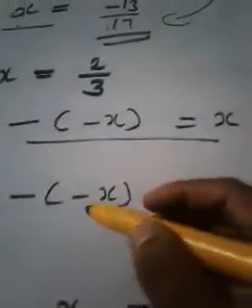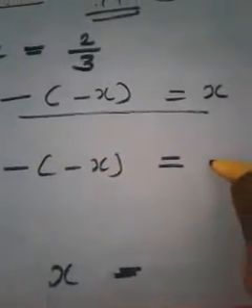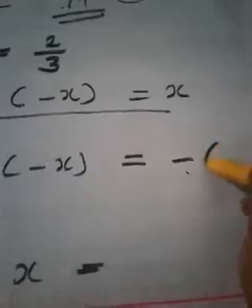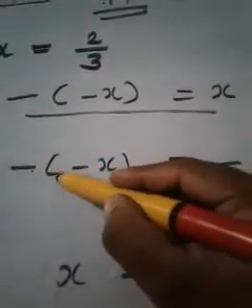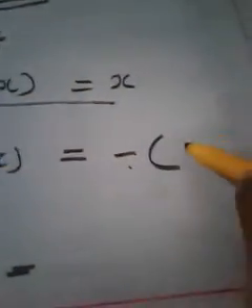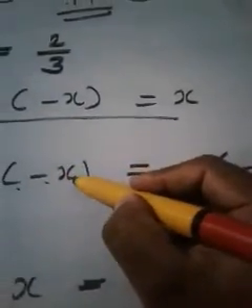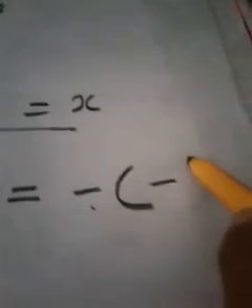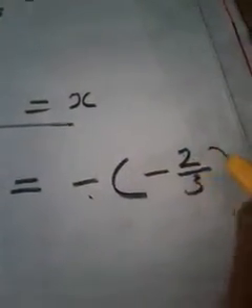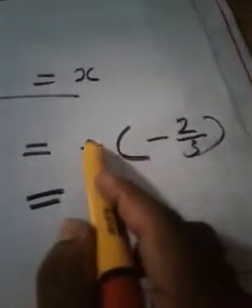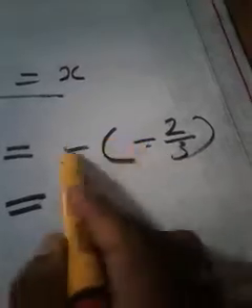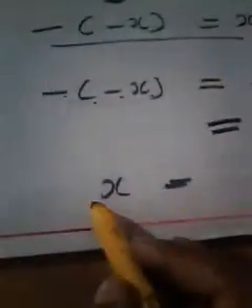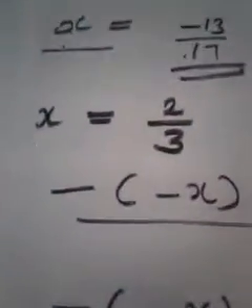Okay, and now we see minus of this minus as it is inside the bracket. See, bracket, then this minus, and x I have to write. What is x here? It is given as 2 by 3, so just write that 2 by 3. And what is the result now? When both minuses come together, it will be plus, so the answer will be plus 2 by 3. And what is x? x is nothing but 2 by 3.